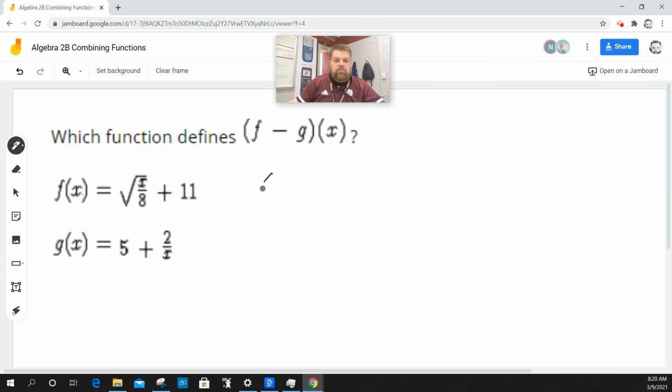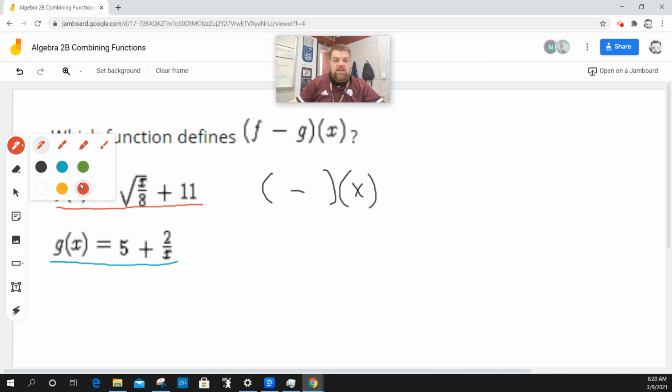So just like before, except now we're subtracting g from f. I'm going to do f of x in red, g of x in blue. So when I say f minus g,